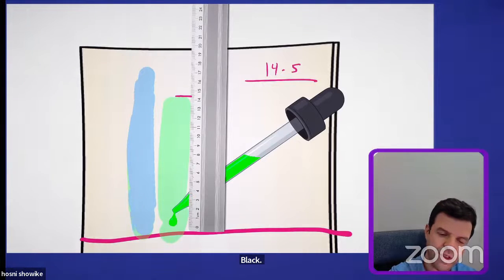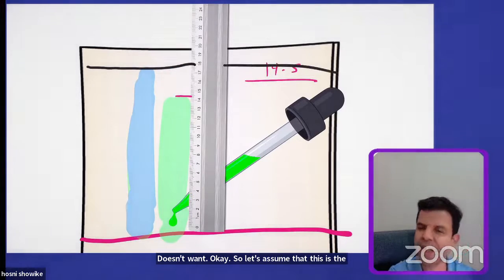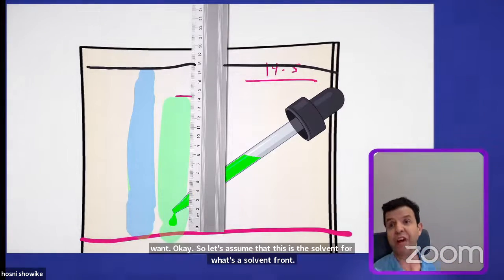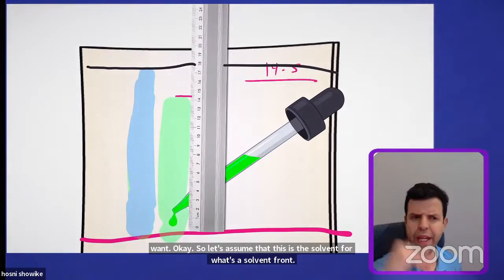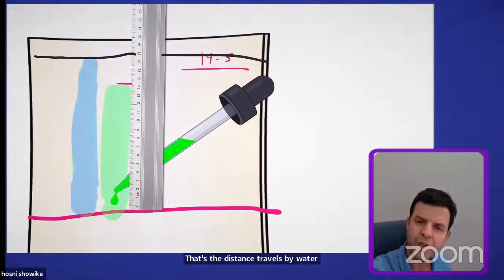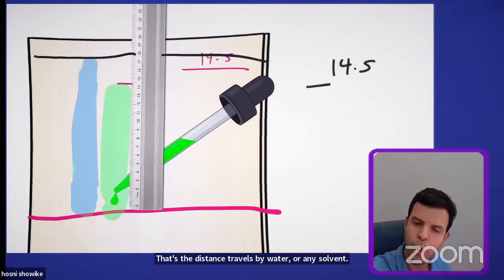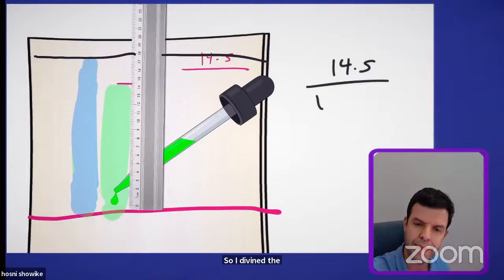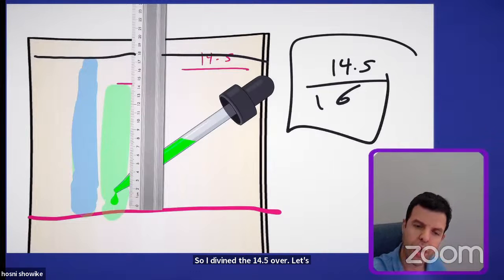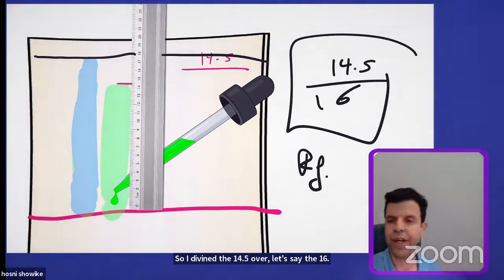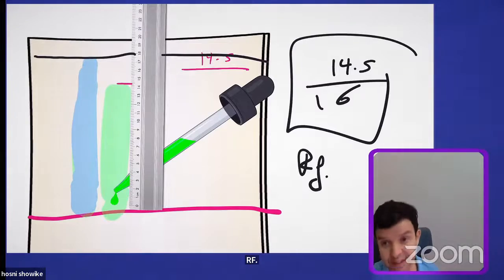Okay, so let's assume that this is the solvent front. What's the solvent front? That's the distance traveled by water or any solvent. So I divide the 14.5 over, let's say, the 16, and that would be your RF. And that RF tells you the identity